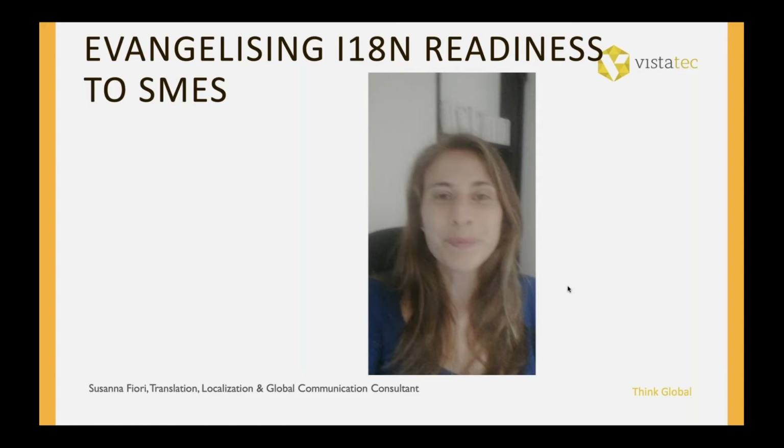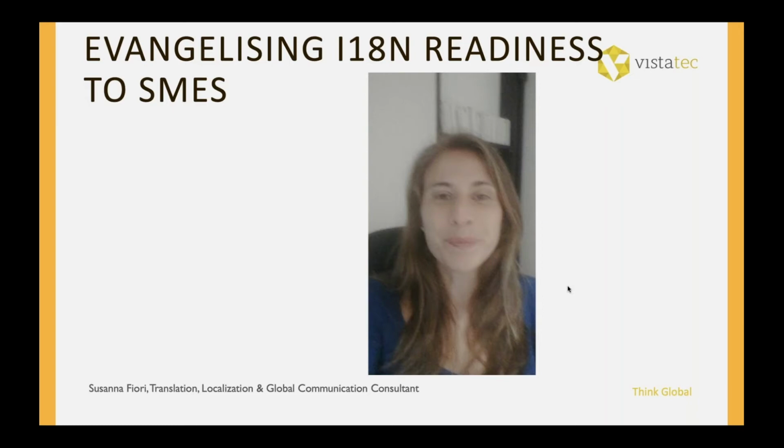So at least if you are able to estimate that cost as of today, you have a dollar figure that you can use as a baseline to calculate how much you're going to save, because most probably you should be able to save a significant percentage of this total time and total cost. So that would be a possible approach to explain why internationalization readiness is so important. But again, it will also depend on the company.